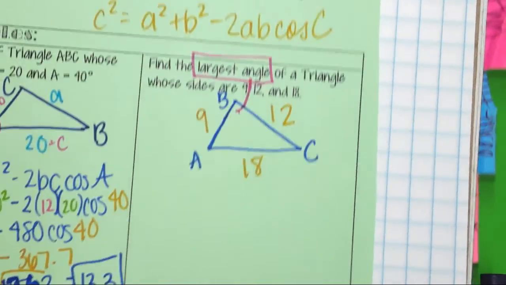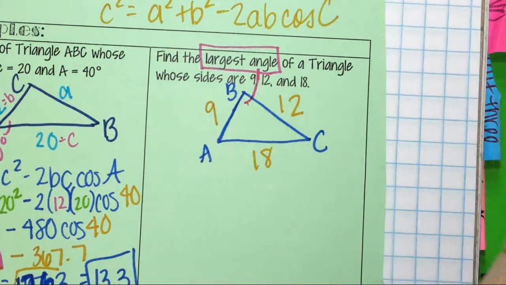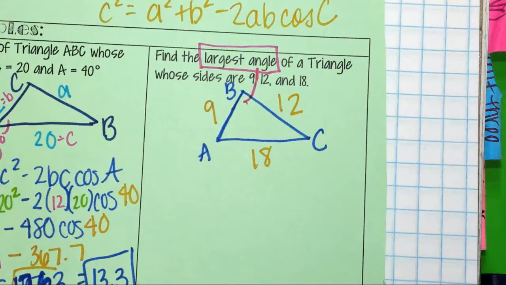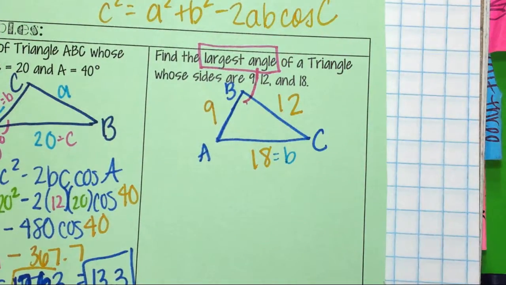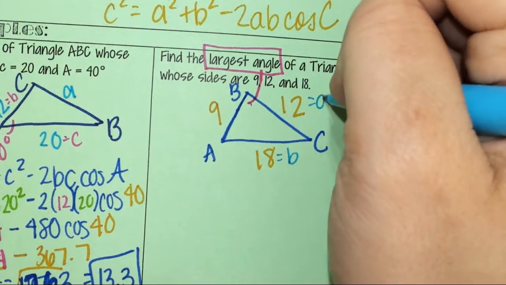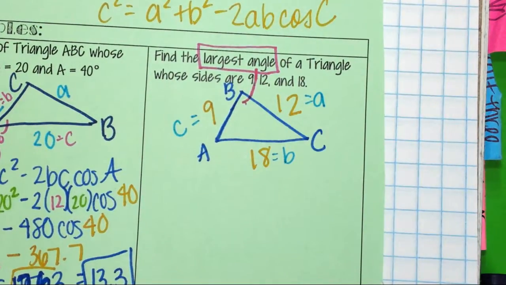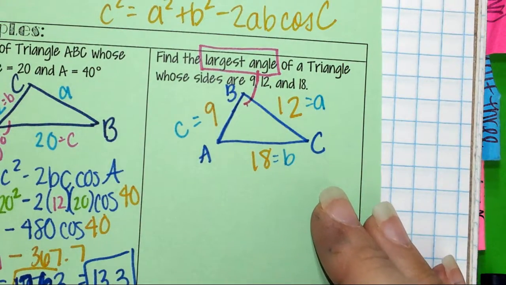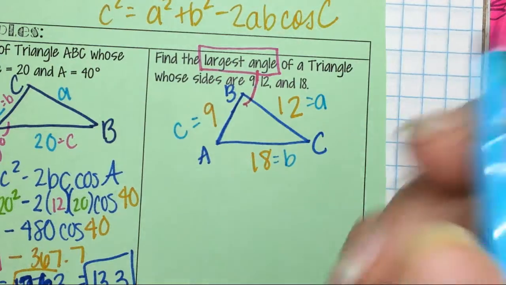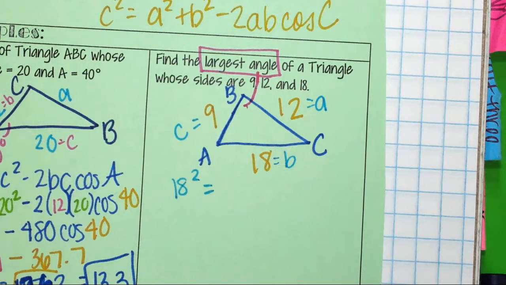All right? You guys ready? So what side is B in this triangle? 18. What side is A? And what side is C? 9. Okay, now let's plug it into our formula. Do I need to rewrite the formula for us, or can we handle it? All right, so what is B squared going to be? 18 squared equals